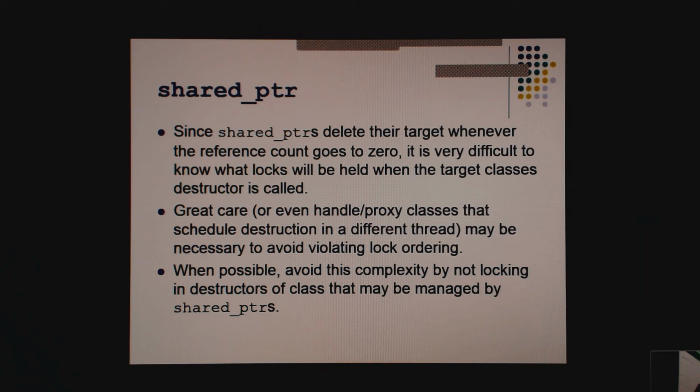This is why between Java 1 and later versions, they moved all finalization into separate finalization threads. So basically, try to never acquire locks in your destructors. And if you need to, take great care or even marshal them over to another thread for the actual destruction. So that's another kind of interesting memory and threading thing to keep in mind.